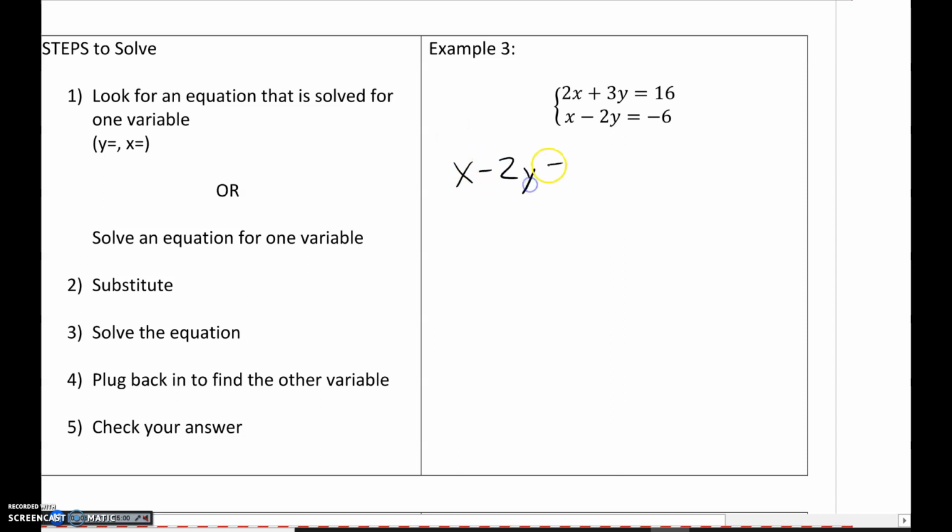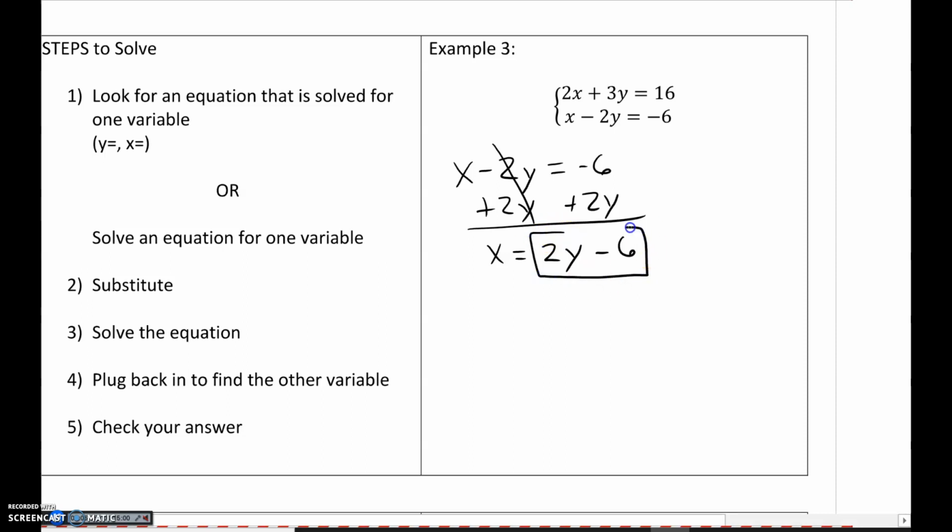If I want to get x by itself, all I have to do is add 2y to both sides. And I get x equals 2y minus 6. So now I can use this equation. I know what x equals, and I can plug that into my other equation. So we'll start with 2x plus 3y equals 16. Now I know what x equals, so I can replace the x, the entire value,